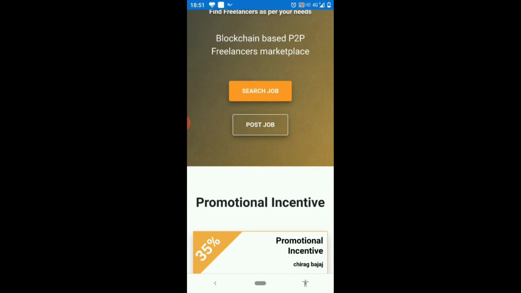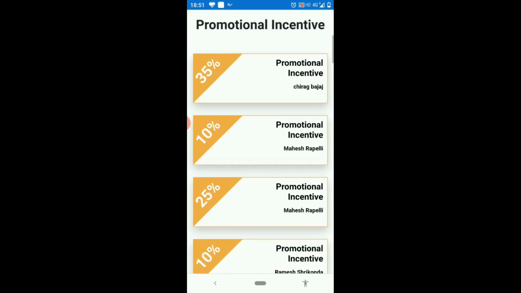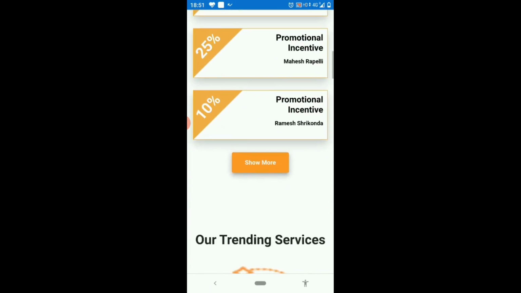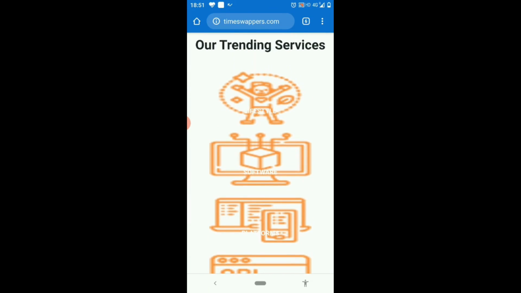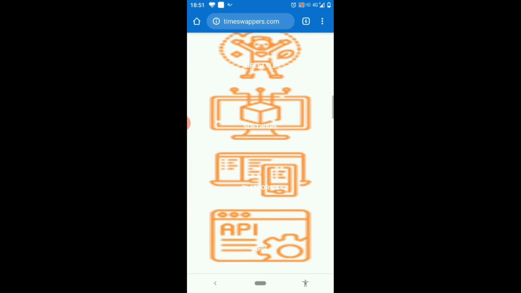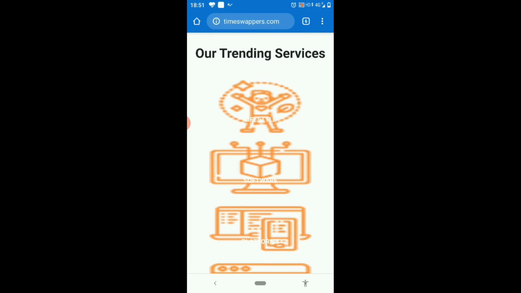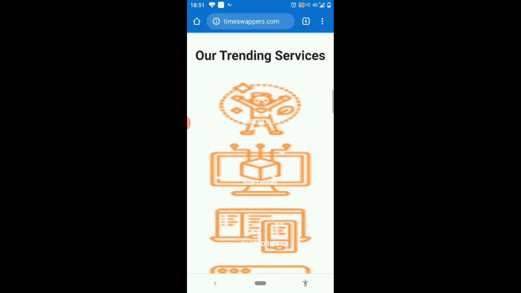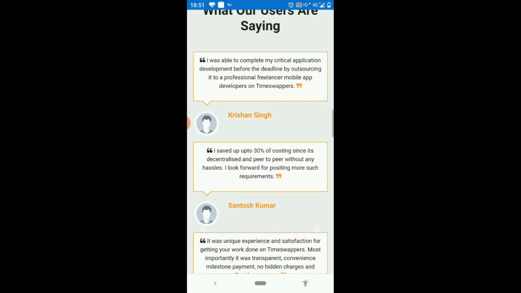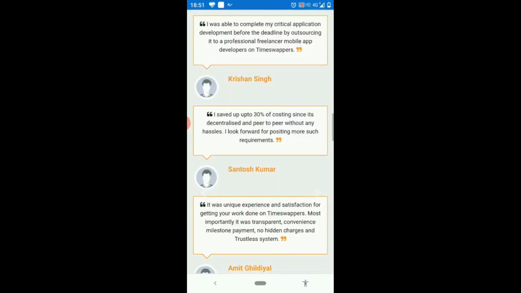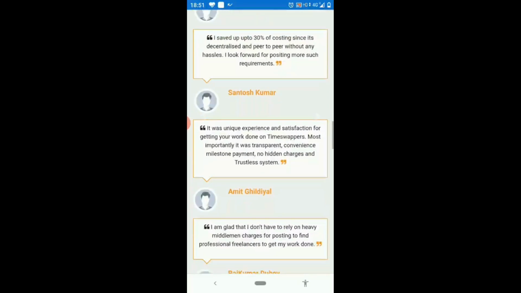They can search jobs, and they can post jobs here. So these are the two very important buttons of Time Swappers. There are some promotional incentives for promoting their services. You can see our trending services, which means some of the trending services are reflected here. Then you can read testimonials of some of the users about Time Swappers.